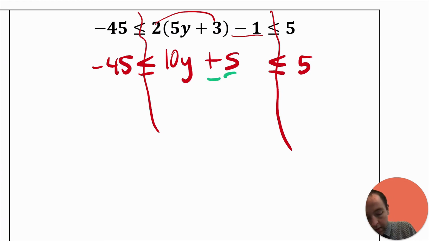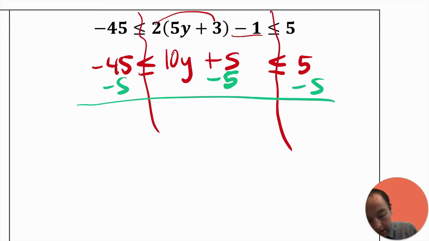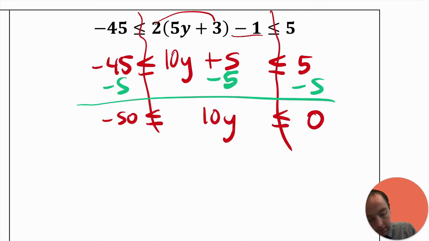So you want to subtract the 5 to get just 10y alone. Just do the same thing to all of the parts right there. So then you're going to end up getting -50 less than or equal to 10y less than or equal to 0. Note that because we subtracted, we don't have to flip the inequality symbols, and then we're just going to divide by 10, which, when you divide by a positive, you don't have to flip any inequality symbols